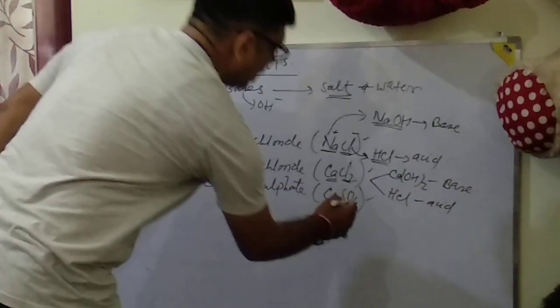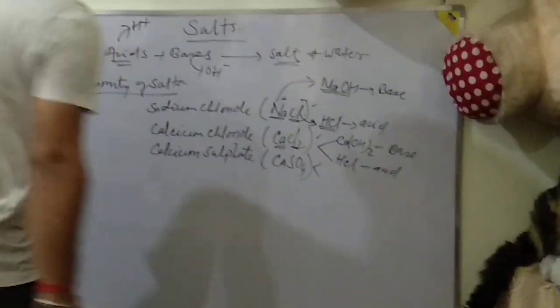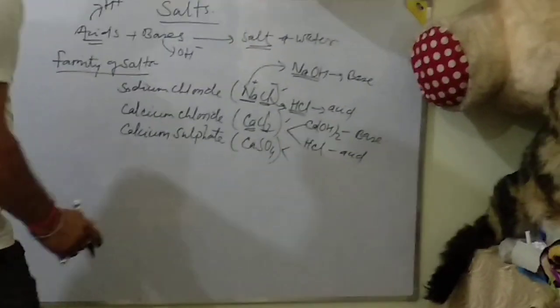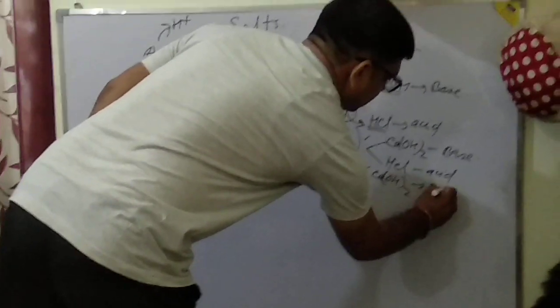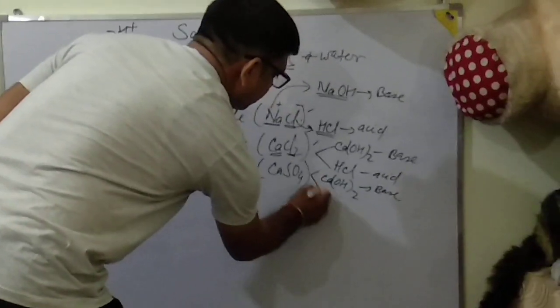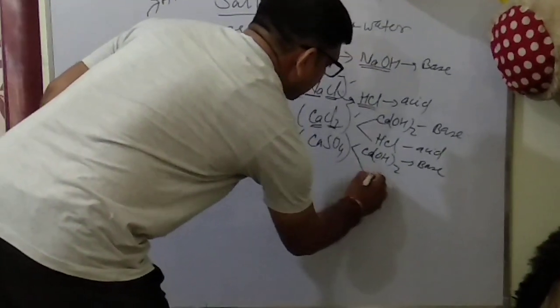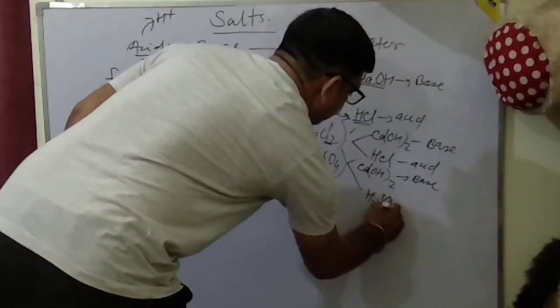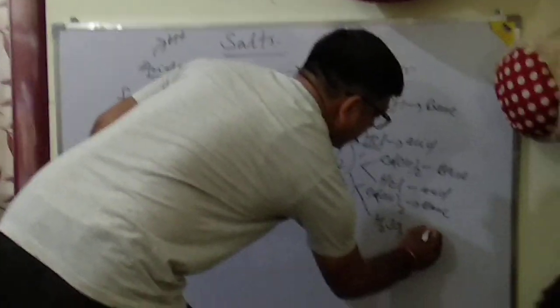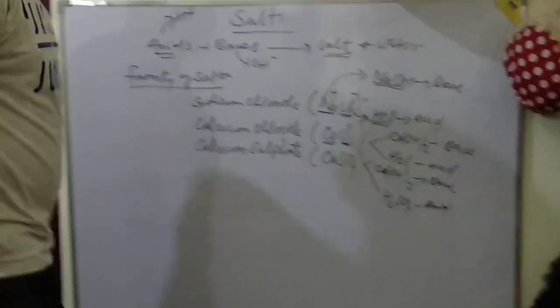In the same way, if we take this calcium sulfate salt, calcium hydroxide, Ca(OH)2, will be the base, and H2SO4, because sulfate is the negative ion here, so H2SO4 will be the acid which will be involved in the